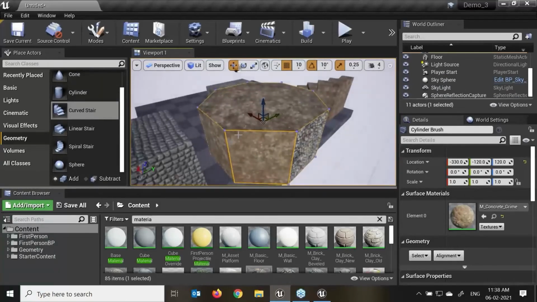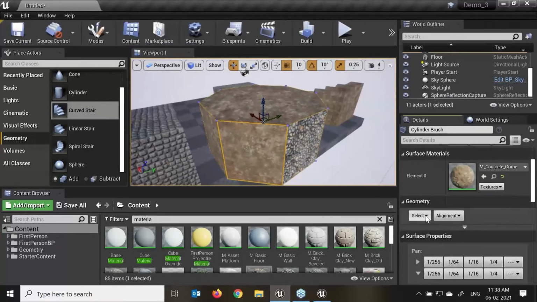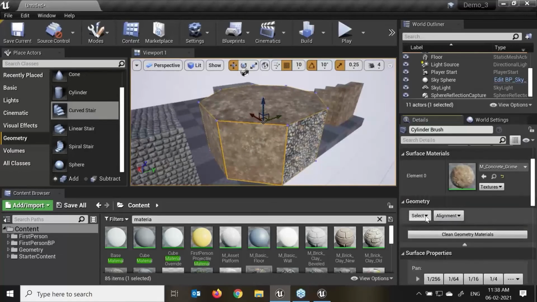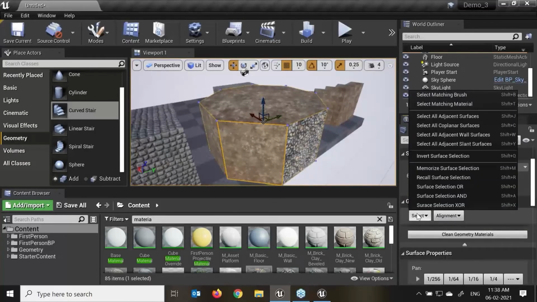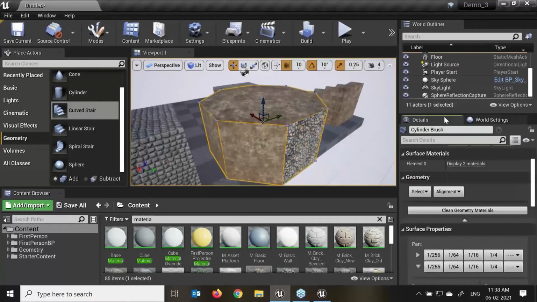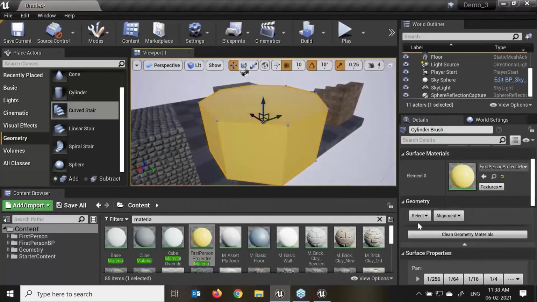Here we can see the wireframe in darker or a little brighter orange outline. Here we have the geometry and the select, append, and assign alignments. Once I click over here on select, like normally in Maya we have edit, select faces or select continuous edges, the same way we have select all adjacent surfaces.